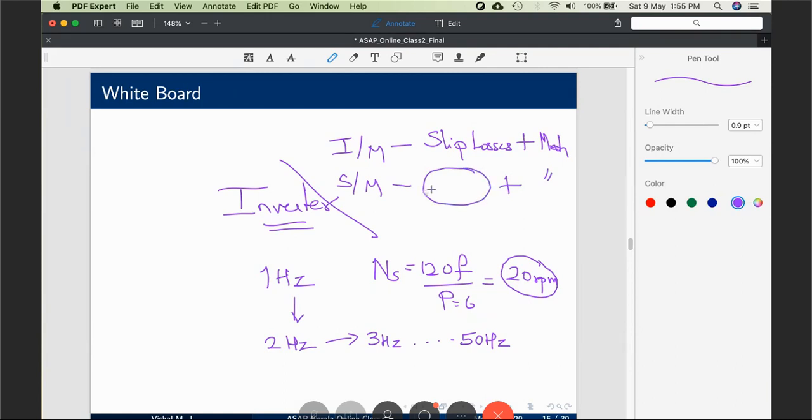The synchronous machine's rotor as well as the RMF rotates at the same speed. So the slip is 0. Hence, s times the air gap power, s P_g, that is the slip loss, is 0 for a synchronous machine. The absence of this slip loss makes a synchronous machine more efficient than an induction machine. Now you may ask me, a synchronous machine has excitation losses because we have to feed DC current to the rotor poles. Definitely that is there, but magnitude wise that will be much smaller than the slip losses.